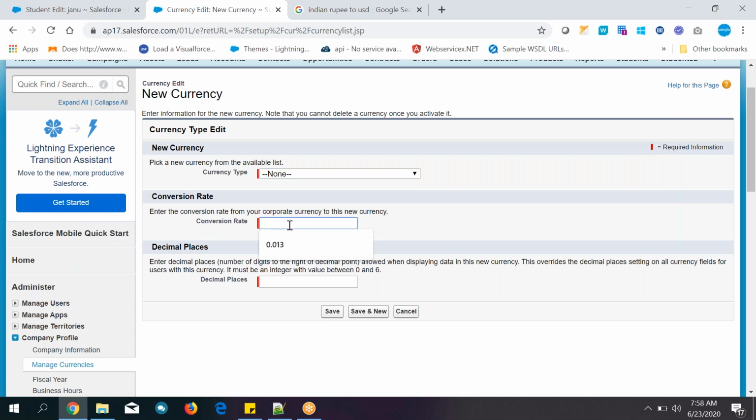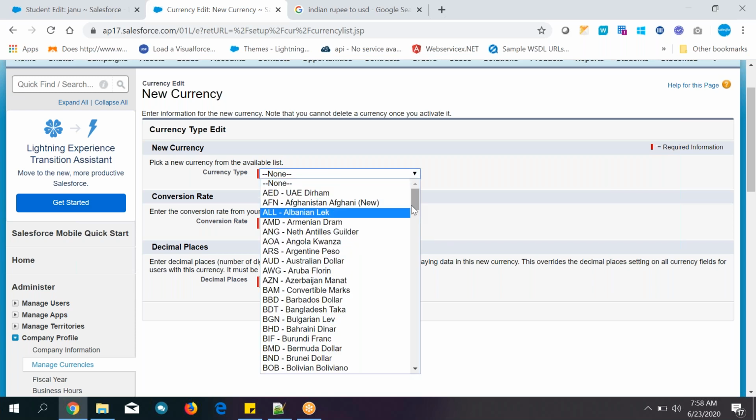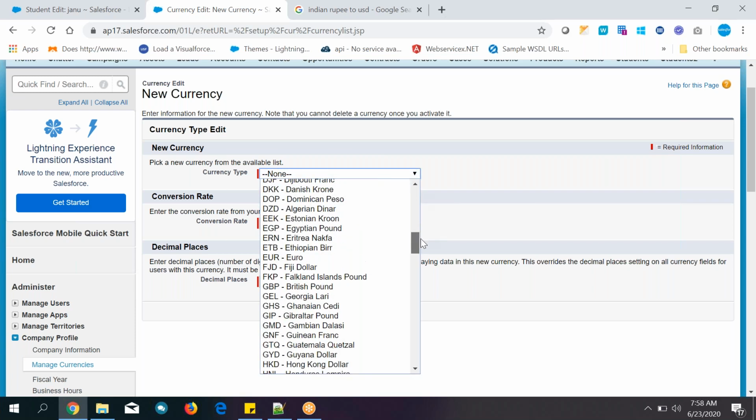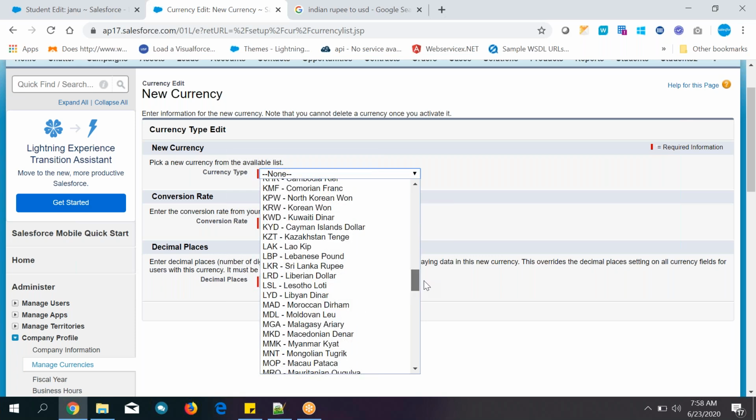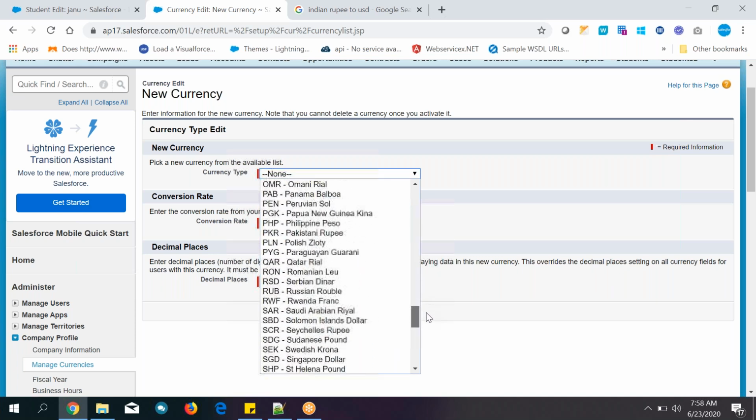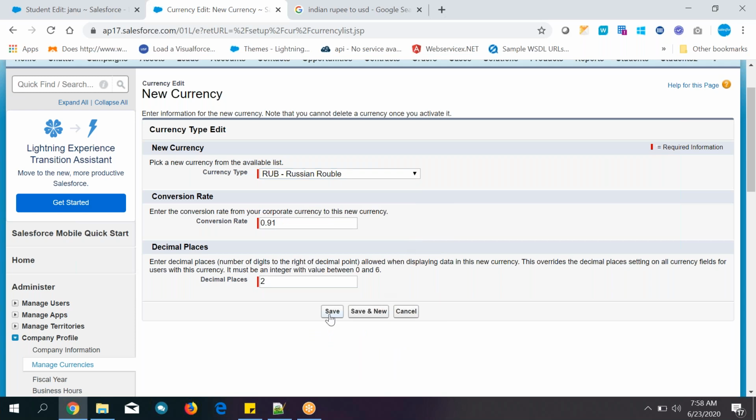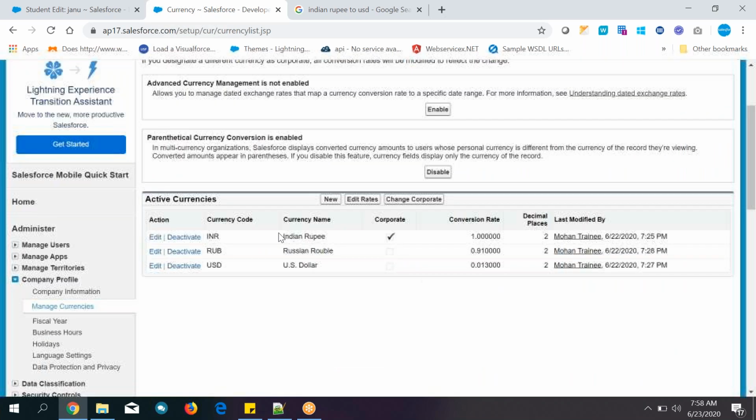Conversion rate 0.91, and for Russian, Russian rupee, RUB. Save it. So you can see over here, the primary currency is Indian rupee, and you are comparing all these rates with Indian rupees only.